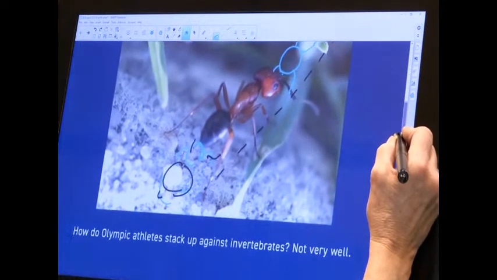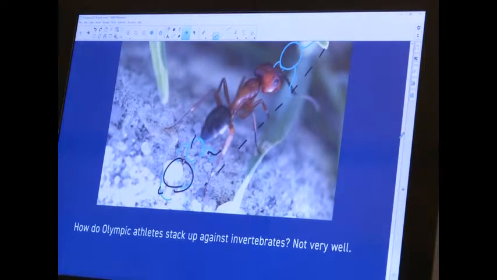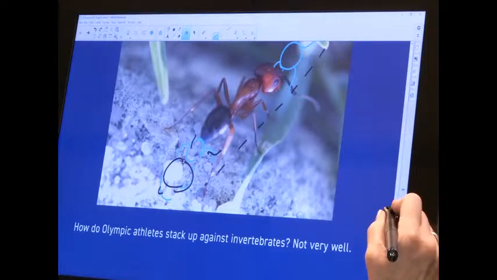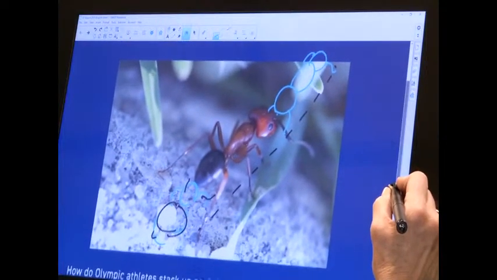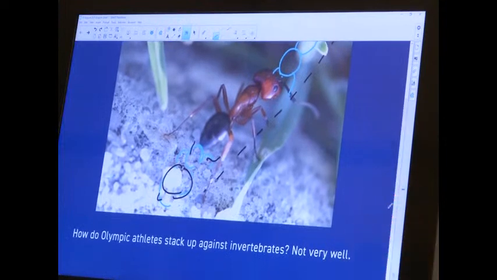So this comes from an article from The Conversation Africa, and it was published in July of this year. How do Olympic athletes stack up against invertebrates? Not very well, which is why I wanted that stack of ants up there. Right, so